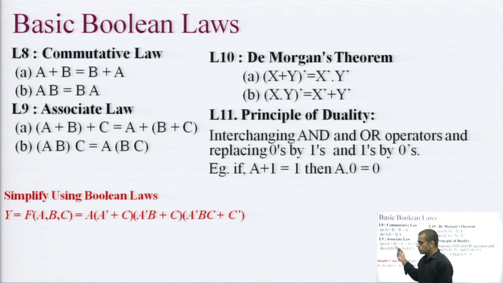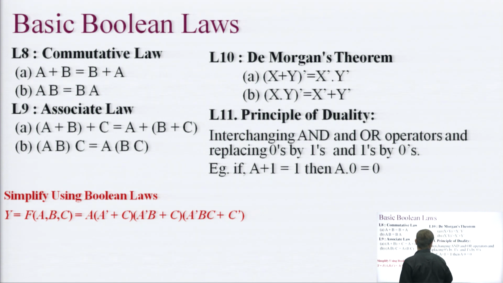So, associative law is also when three variables are there, A plus B plus C is equal to A plus B can be added first and then C can be added, and then B plus C can be added first and then A can be added. So, this is associative law. Similarly, this thing holds for the product as well. So, if three variables are to be multiplied, any two variables can be multiplied first and then the resultant can be multiplied with the third variable. So, AB into C will be equivalent to A into BC. Okay. So, this is associative law.